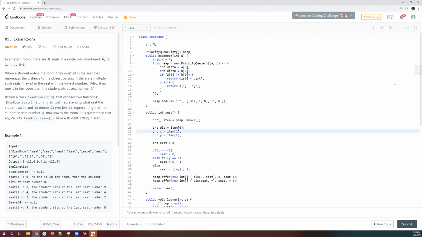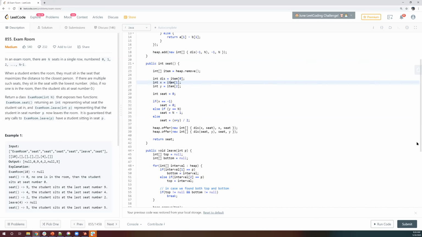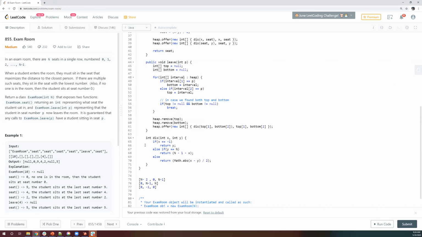The way you did the leave, you have to look up in the heap, and I was not sure whether we could do that in a priority queue in C++. I don't think we can iterate; we can just access the root. That is what I was under the impression. But as you say, I will look back at the solution and see if I can implement it in C++, because this is more intuitive and looks very good.